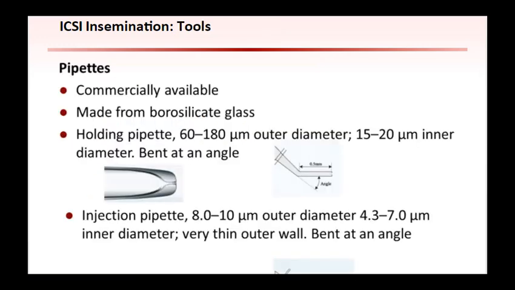ICSI tools are very important. ICSI pipettes are made from borosilicate glass capillary tubes and are available from several companies. The holding pipette has a 60 to 180 micrometer outer diameter and a 15 to 20 micrometer inner diameter. The injection pipette has an 8 to 10 micrometer outer diameter and a 4.3 to 7 micrometer inner diameter. A 30-degree bevel angle is made at its end, forming a sharp spike that allows the piercing of the zona